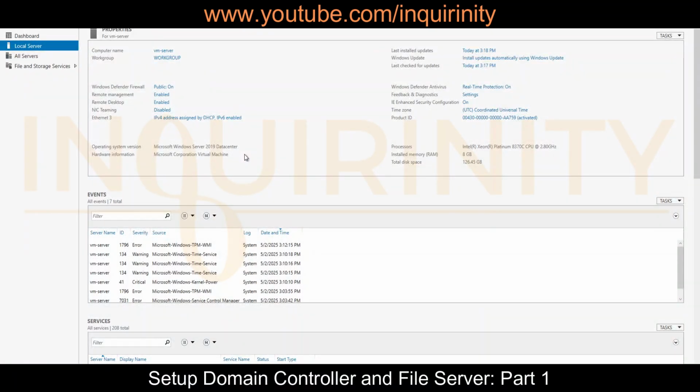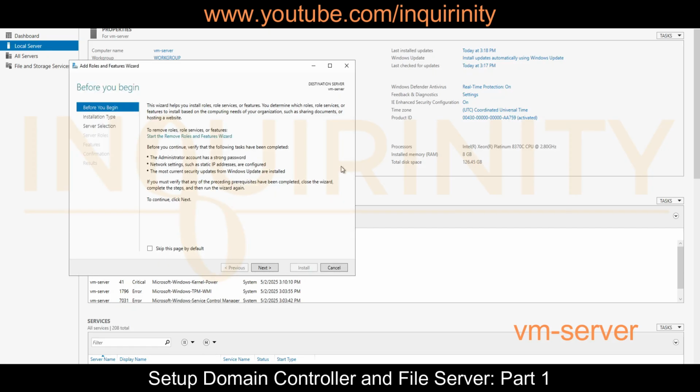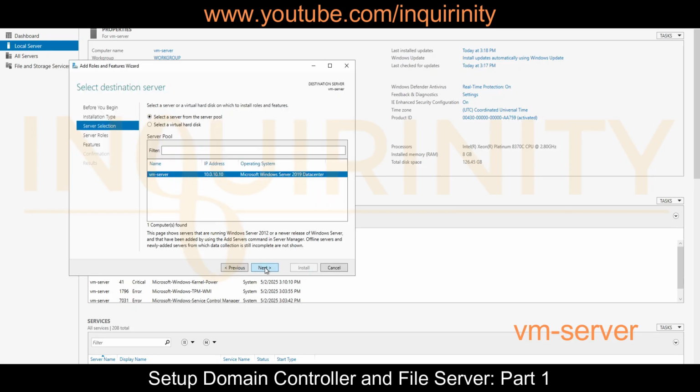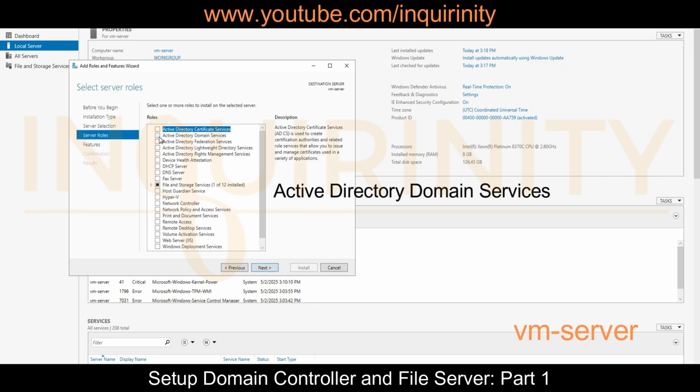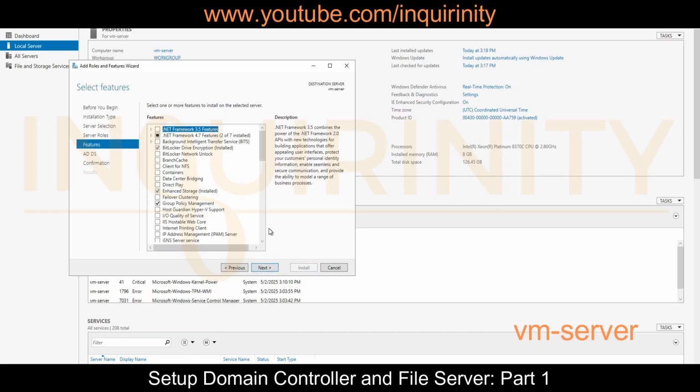Okay, so step 3 is to promote this server to a domain controller. This is our VM server that we have deployed in Azure, with its name, and it has the IP address assigned. We click on manage to add roles. Click next, so 10.0.10.10, and we select Active Directory Domain Services. Click next. So we have the features. For example, the group policy management is also checked. Click next,